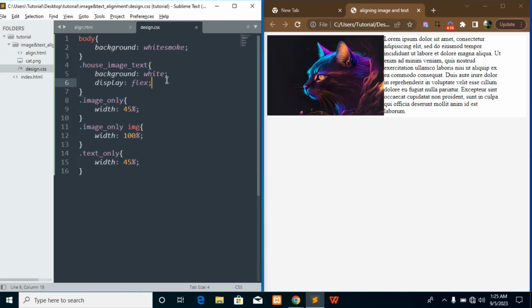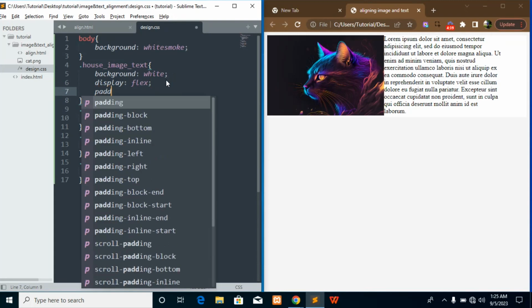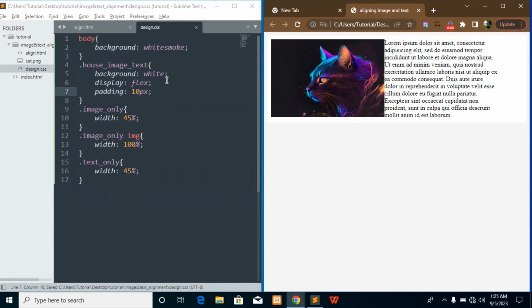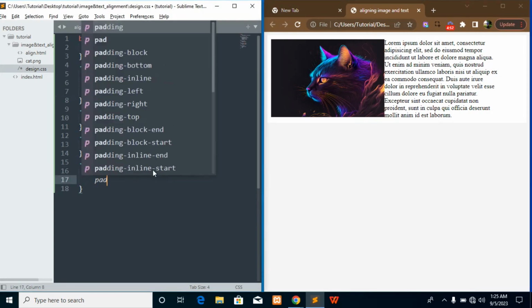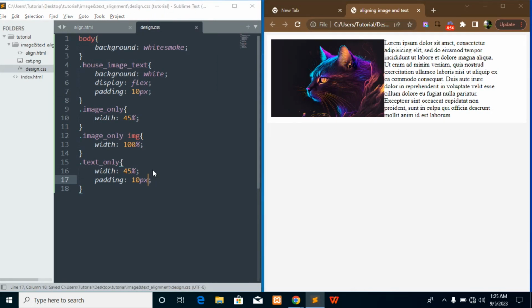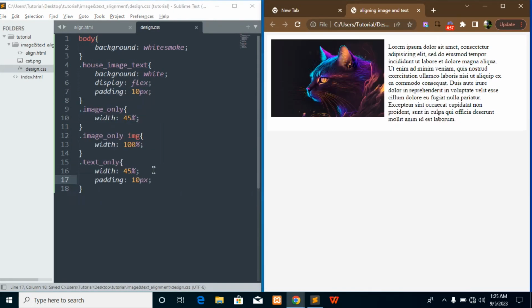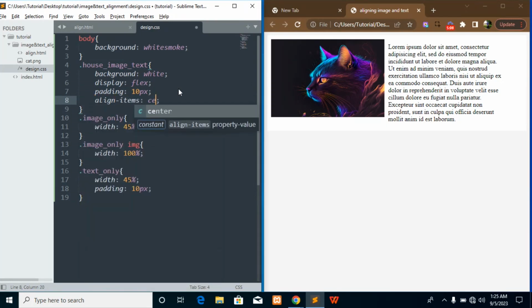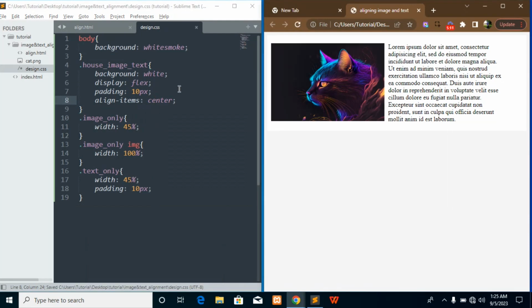And after doing that, I also want to give them a general padding of about 10 pixels. And I also want to give my text only a padding of 10 pixels. And as much as I said that the display should be flex, I also want to align the items to the center, so it is looking much better like this.